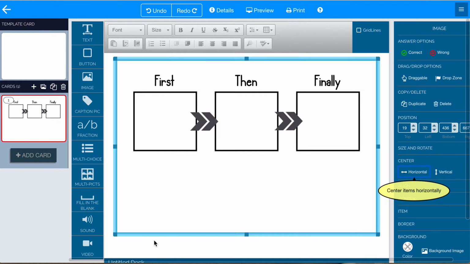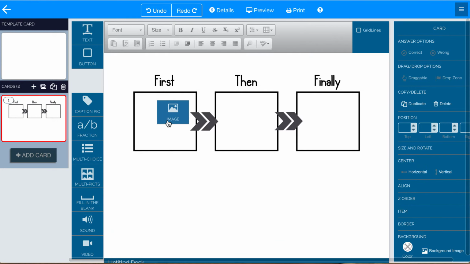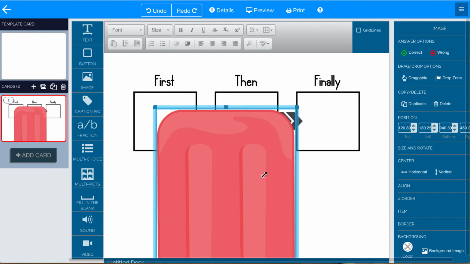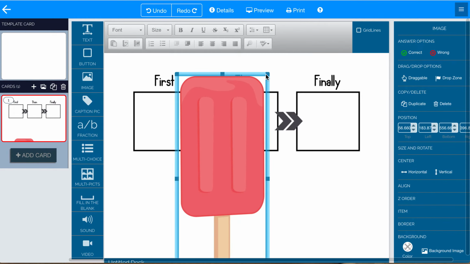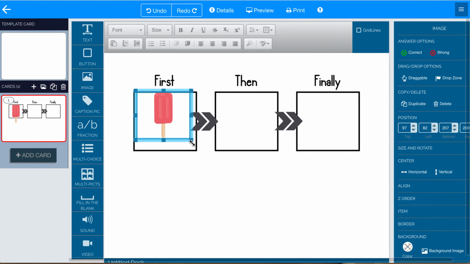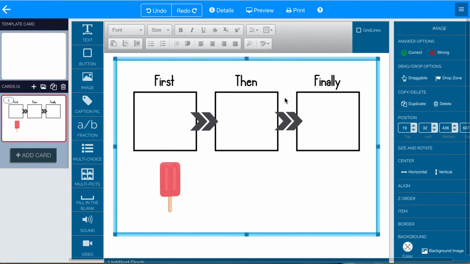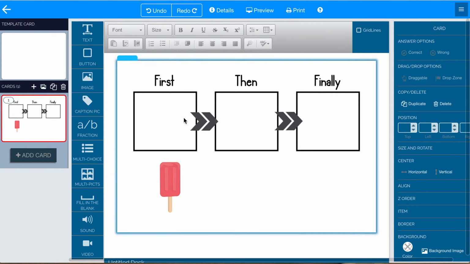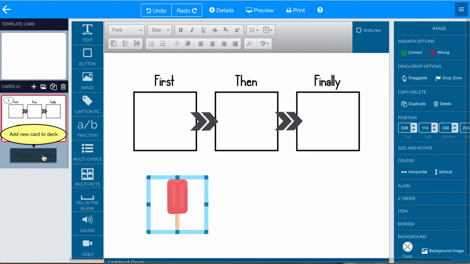I could use this and then just add images on top that they would then have to click and drag, like that. They have to move things around. I can make this a drop box. I would just have to make these fillable and so forth, and they can do that. Another idea